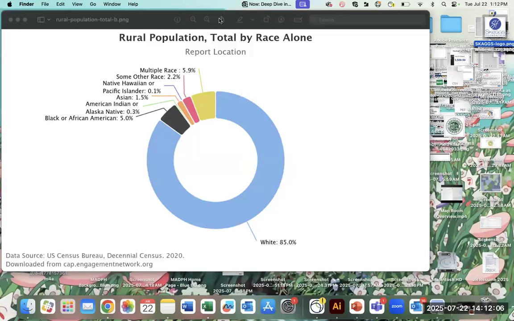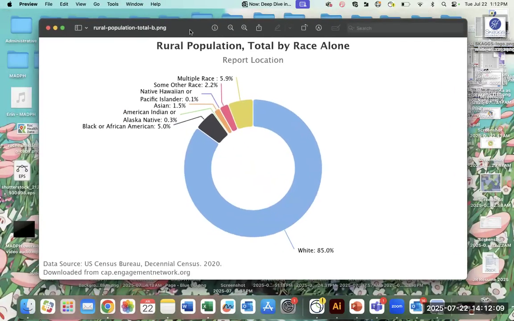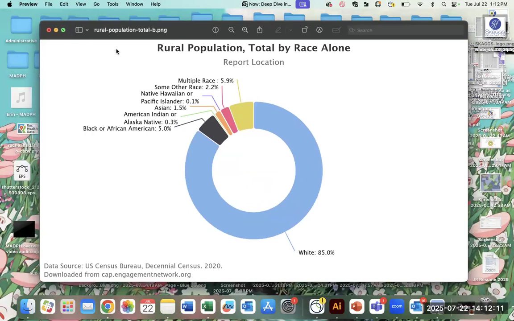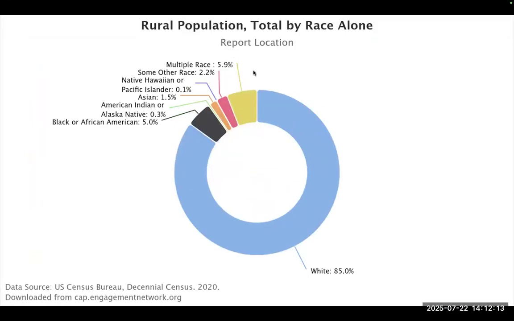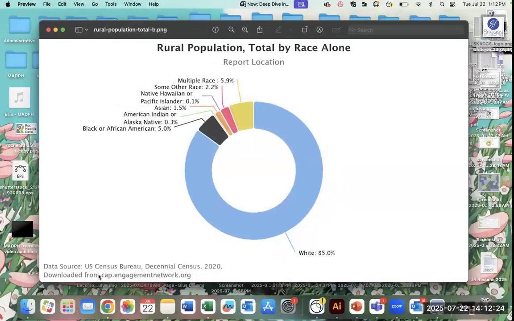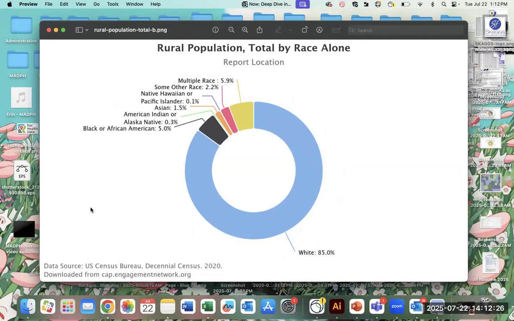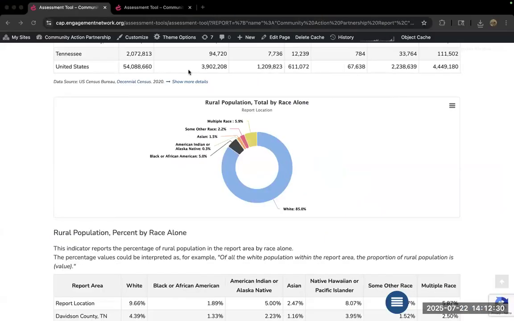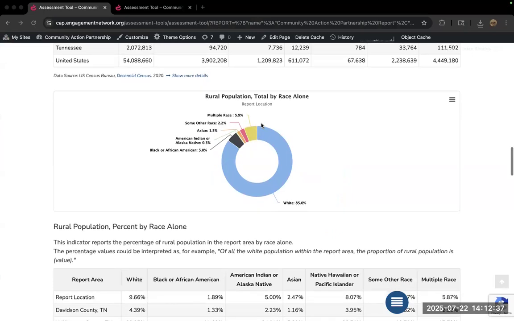Oh, and it's going to take you to my messy screen. But here we go. We have our nice big visualization, and it's going to always include the data source and where you downloaded it from right here in the image. And so this was something we developed based on feedback that we'd received from a lot of you all that, you know, this tool is great when you are creating a really robust needs assessment, but sometimes you just need that visualization to show somebody in a presentation.